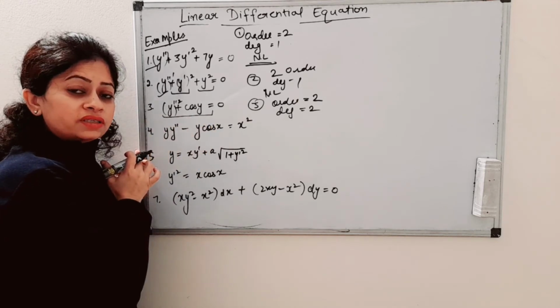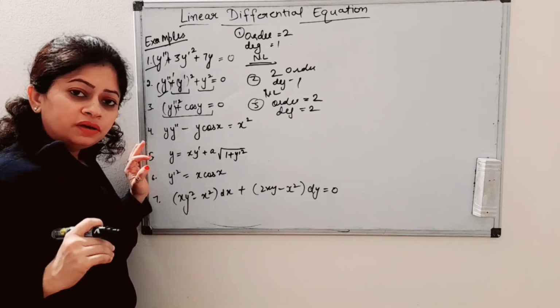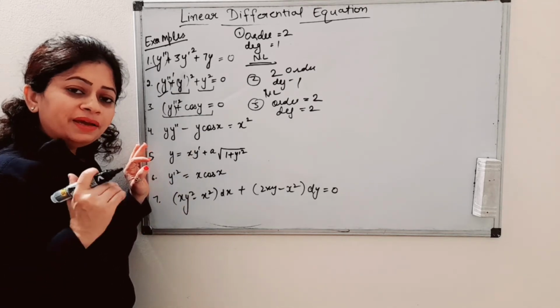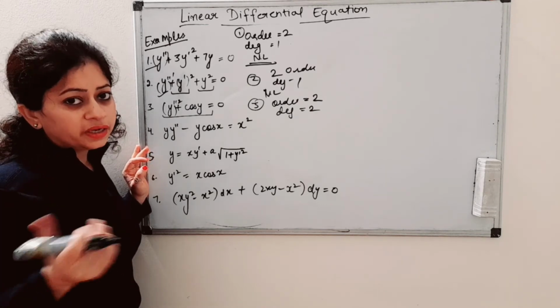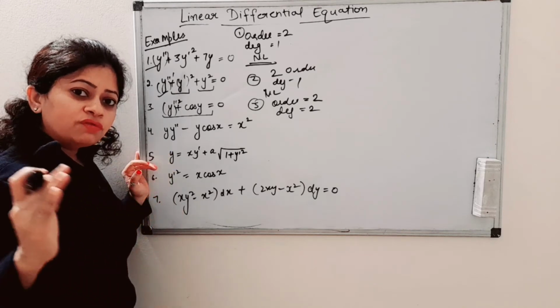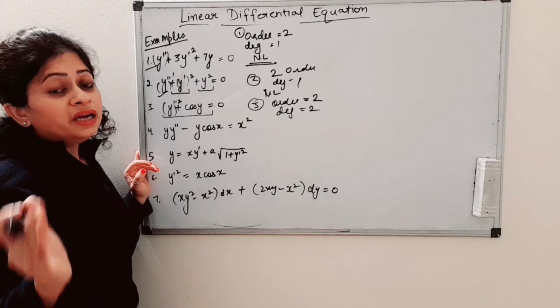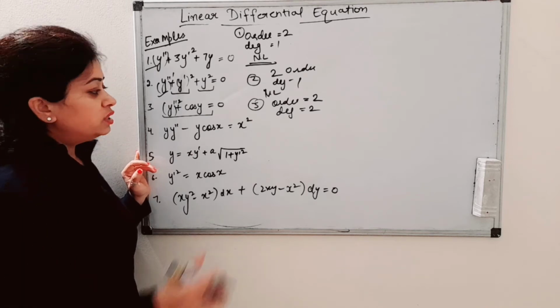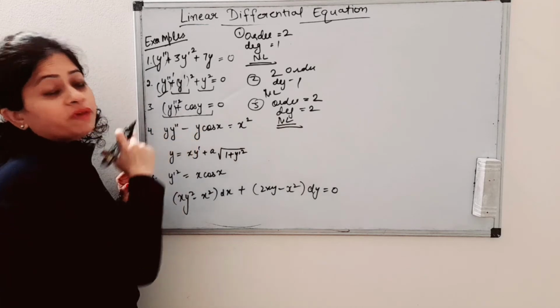How do we solve this? If we expand this function, we will have powers of y. We know the expansion of cos y. If we expand it, we will have powers of y. If we have powers of y, can that equation be a linear equation? No. So this is a non-linear equation because it has powers of y.